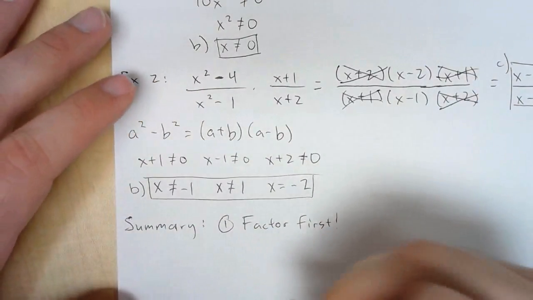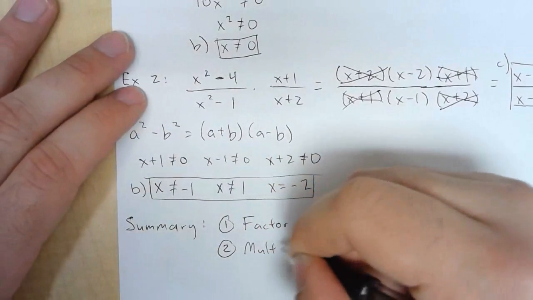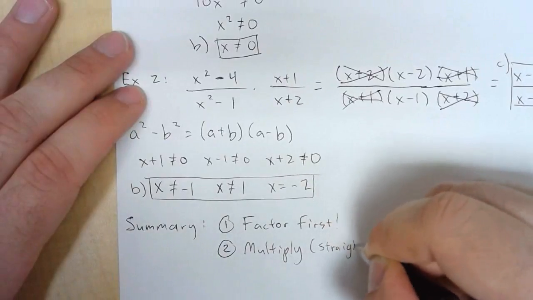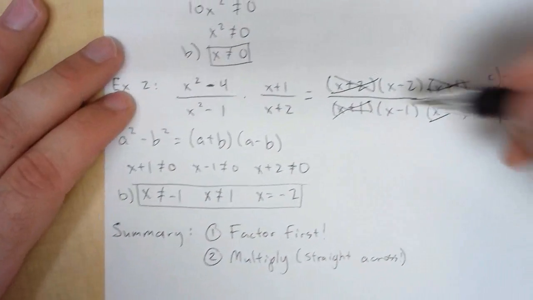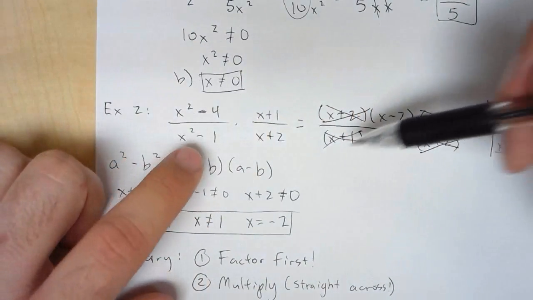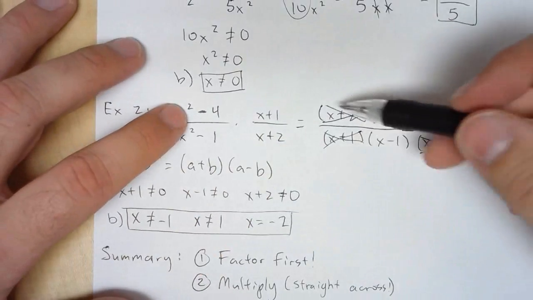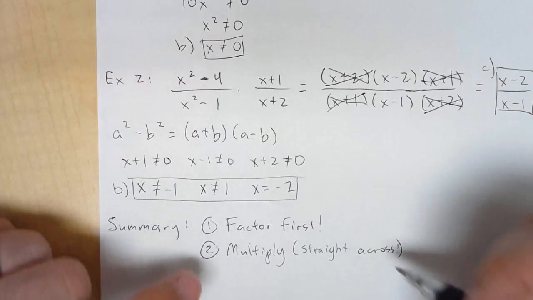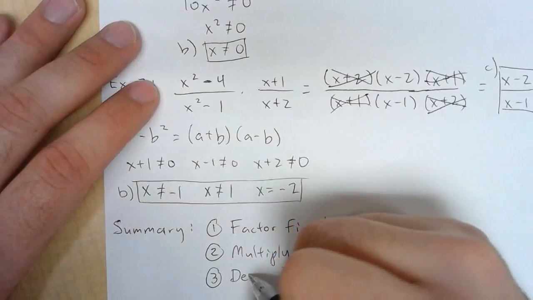Part 2, we're going to multiply, and remember when we multiply, just straight across. So we multiply x plus 2 times x minus 2 times x plus 1, and x plus 1 times x minus 1 times x plus 2, because this factors into the top, and then x squared minus 1 factors into the bottom. Part 3, we need to find our excluded values, so we're going to determine